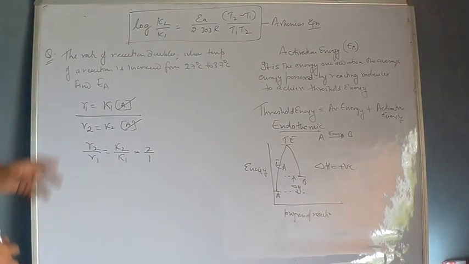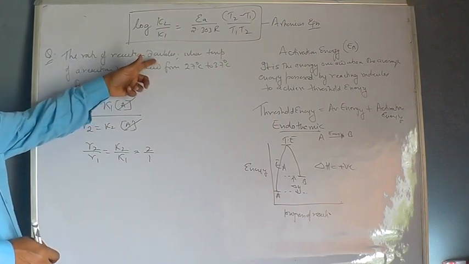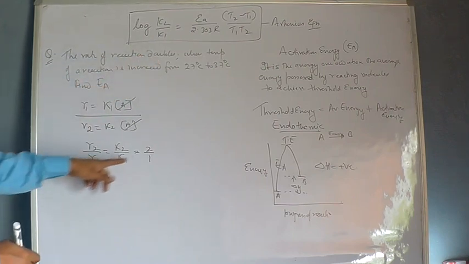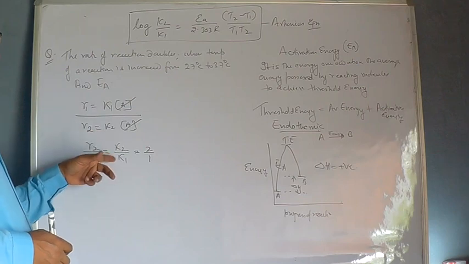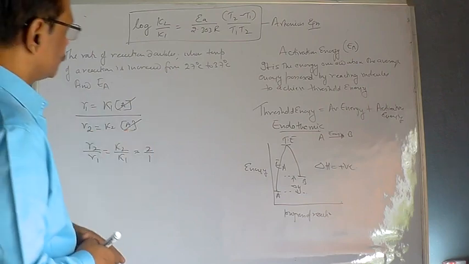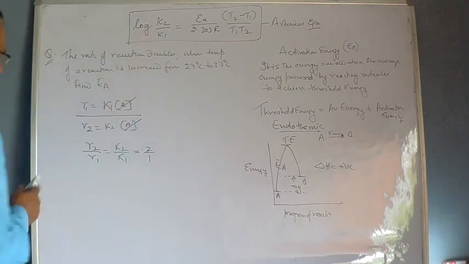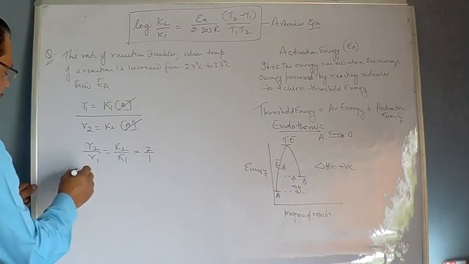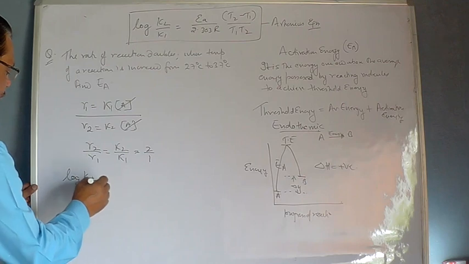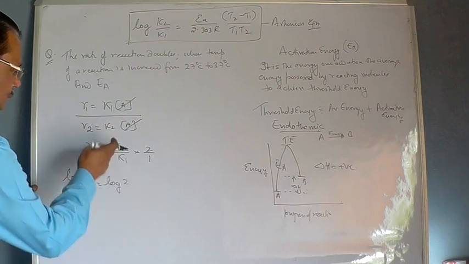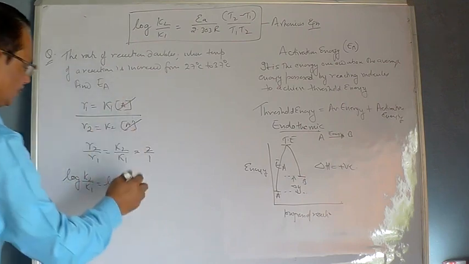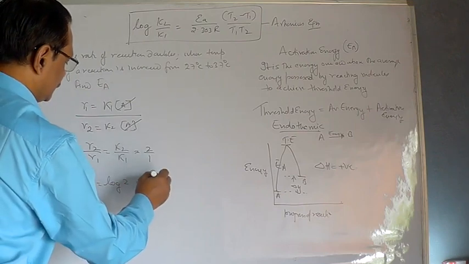See, the rate of reaction doubles. So R2 equals twice R1. Similarly, I can write K2 by K1 is also equal to 2 by 1. So I can now put this value directly here. So I can write log K2 by K1 equals log 2, which equals activation energy divided by 2.303 R. We are supposed to calculate